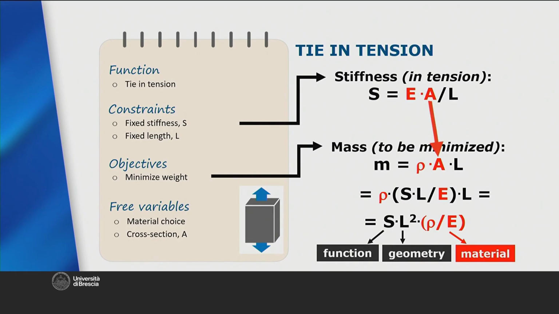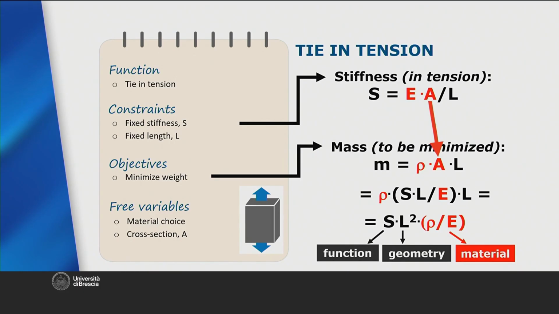The new formulation of the objective function consists of a first term that specifies the desired stiffness, which is therefore a constant in the problem, a second term that contains the constrained geometric variable, in this case the length of the bar, which is another constant, and a third term that is instead free and appears as a combination of the material properties. If you choose the material with the lowest value of this term, you will achieve the goal